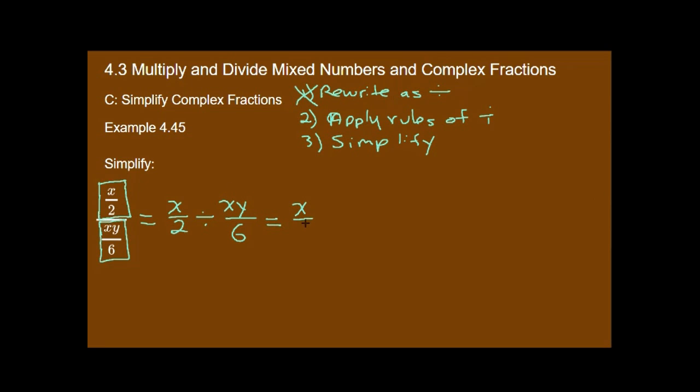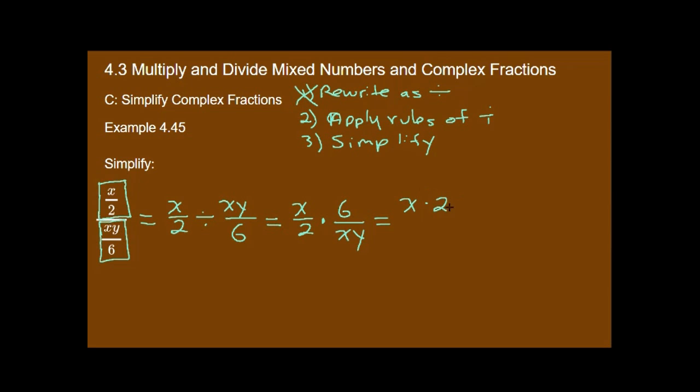So x over 2 times, flip this over, 6 over xy. Okay, and then I know I can multiply straight across, but I also see that I have some common factors in the top and the bottom. I have an x on the top and an x on the bottom. Also, if I factor out the 6, I can pull a 2 out, and there's already a 2 on the bottom. So I'm going to write this as